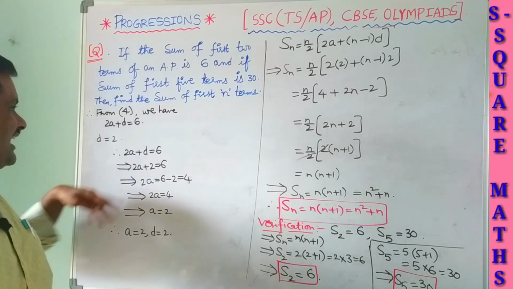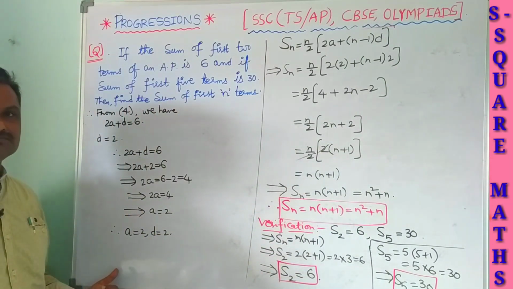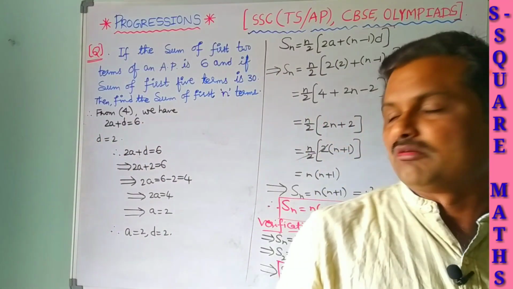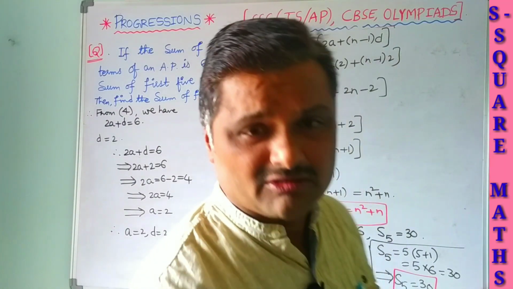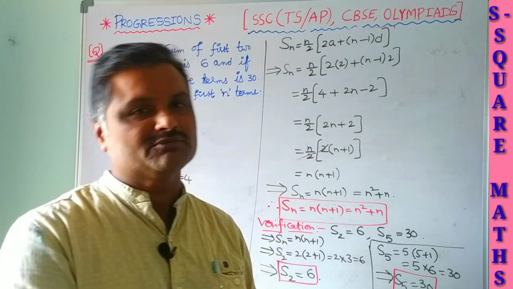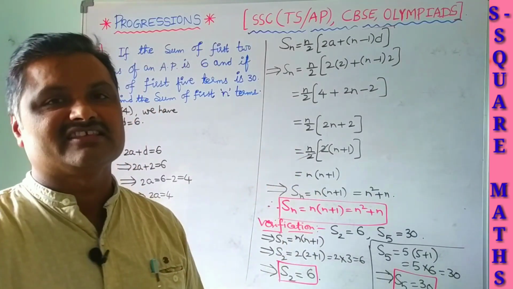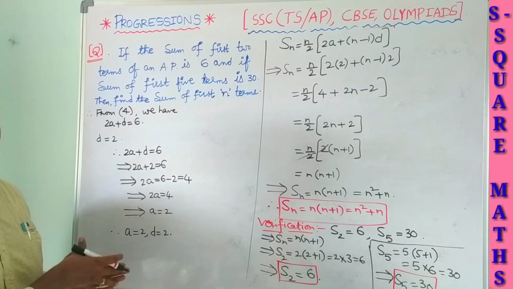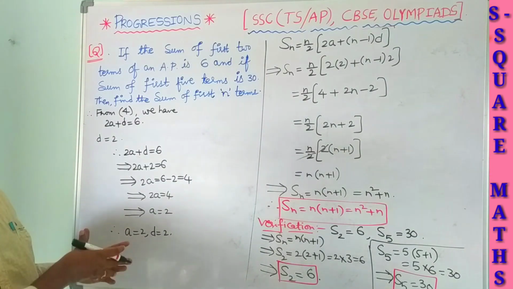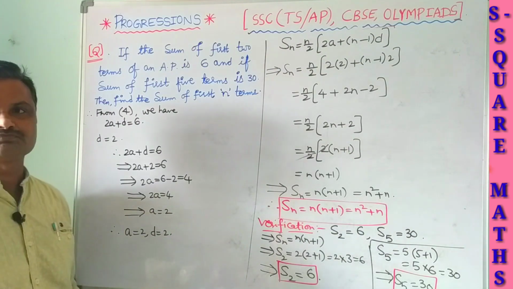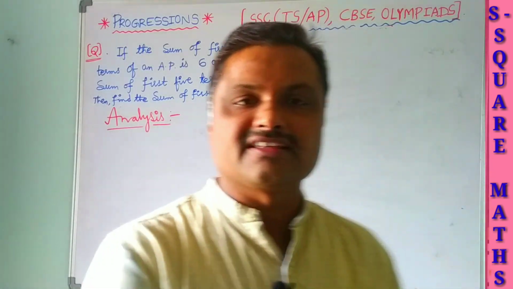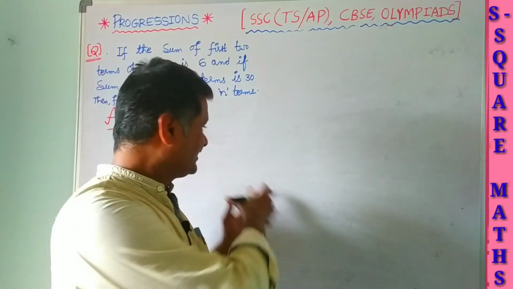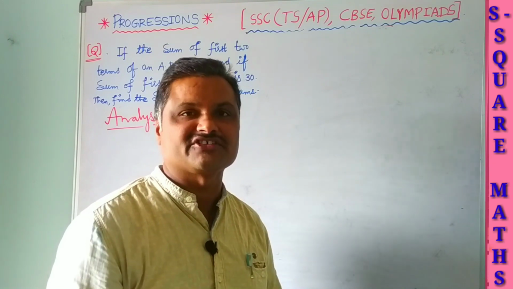So you can have the remaining part of the look of our problem. Yes, after going through it, you have the problem. See here, this problem plays a very important role for the boards of TS and AP and even Olympiad and CBSE. For the boards it is a very important 4 marks model problem. Very most important and interesting. So let us continue our problem with the analysis. Actually the problem is completed, but here we are analyzing the question for additional information.